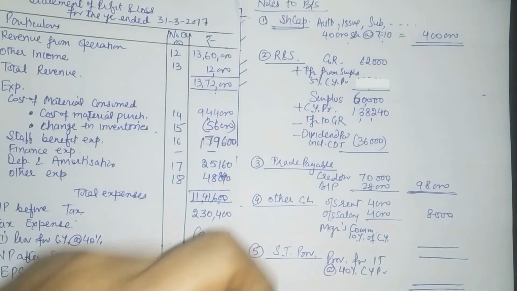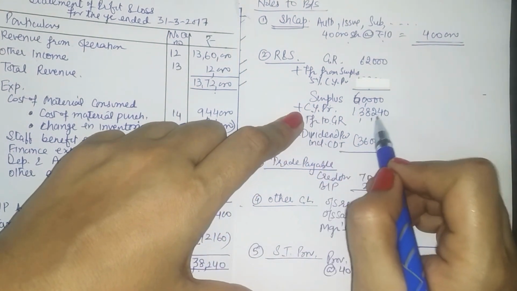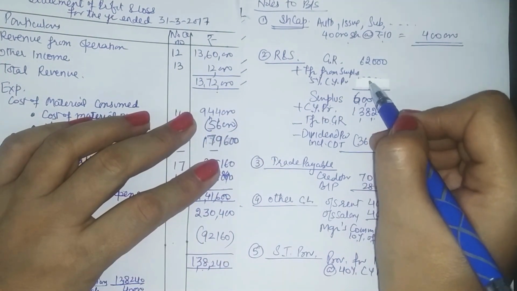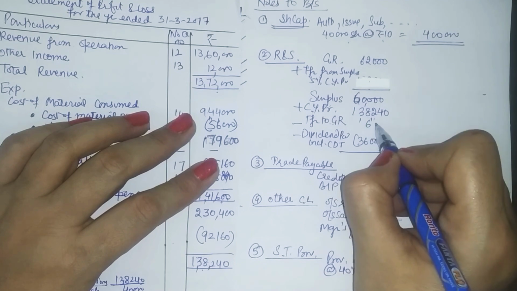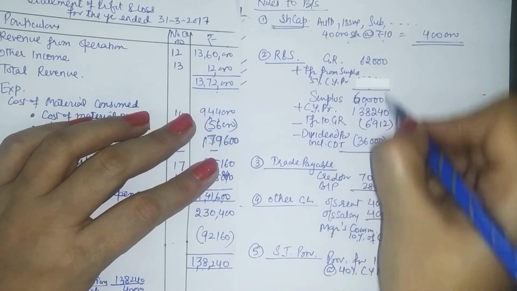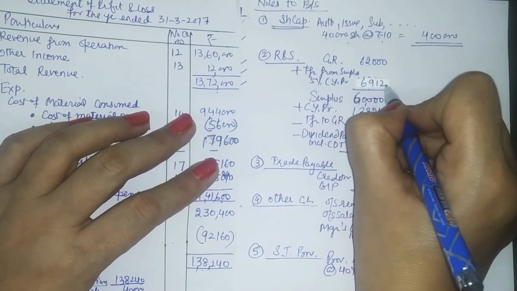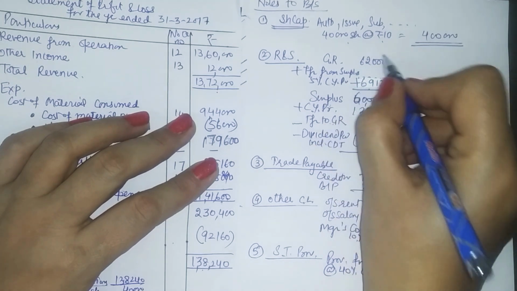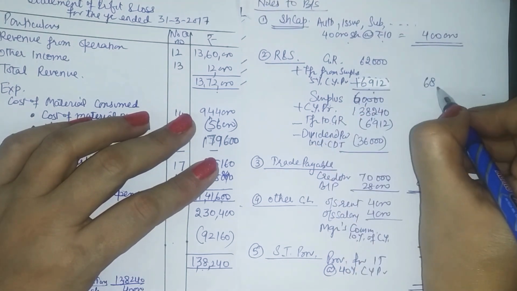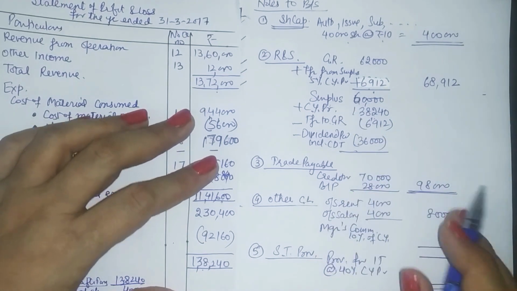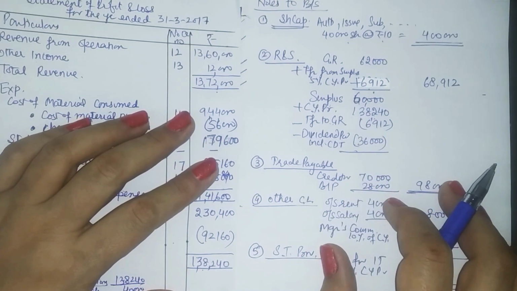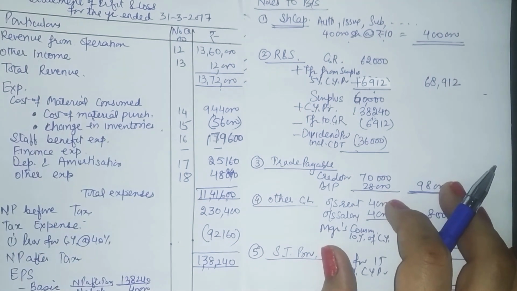So profit is to be written in the current year profits. Now 5% of this will be transferred to general reserve. So 5% is coming out to be 6,912. So this will be added here in the reserve. So your reserve will be 68,912, and your surplus will now be, after all this adjustment,